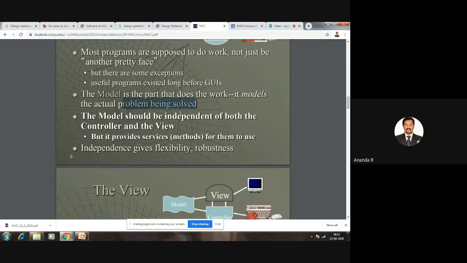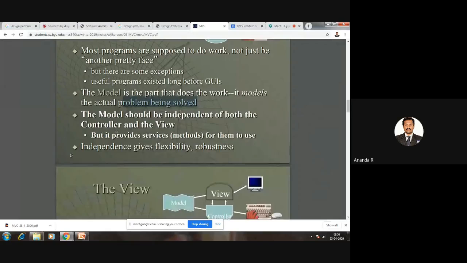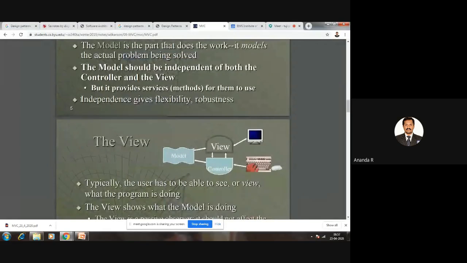We are not saying that the model is dependent on the view or on the controller. That is one more characteristic of our model. Next, independence gives flexibility and robustness. That is one of the features of our model part.